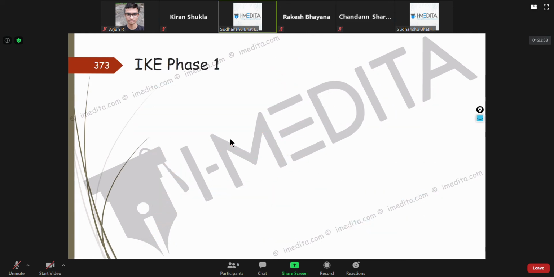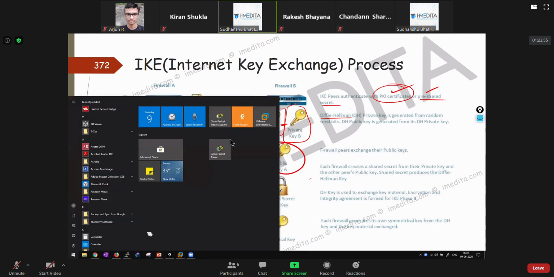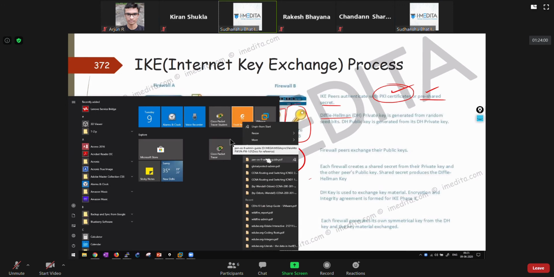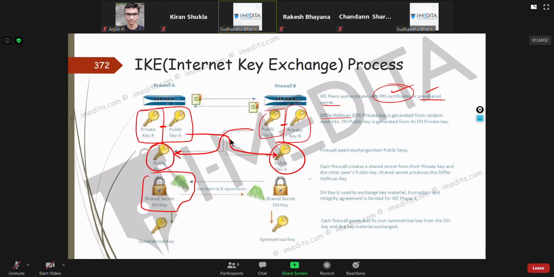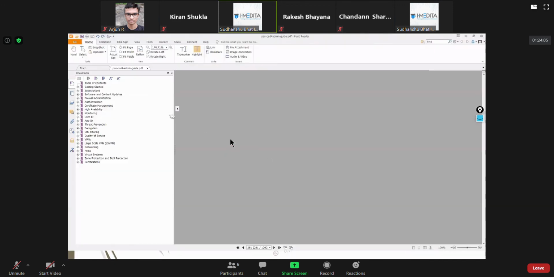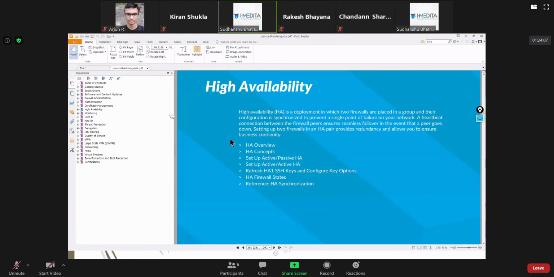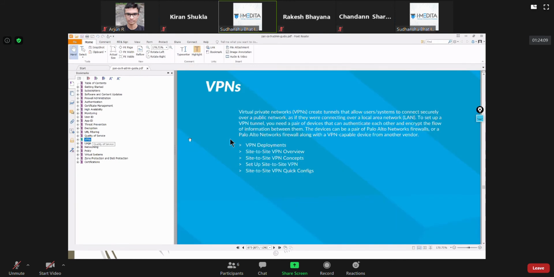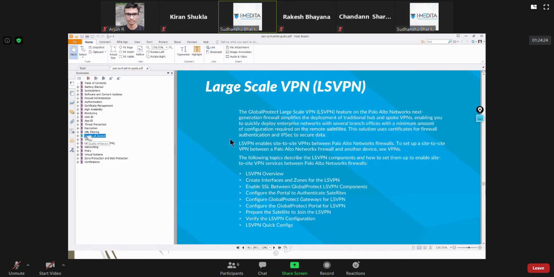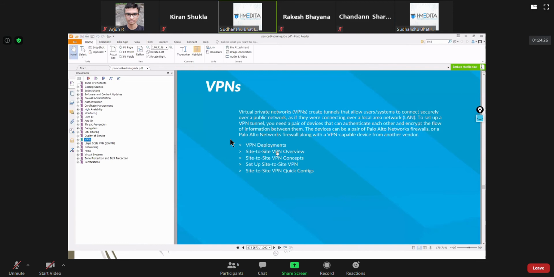Now see here. You can read this again from the PAN-OS admin guide, like I always recommend at the end of class. You can again go to the PAN-OS admin guide, and I'll show you where you can read it in detail. If you go to VPNs, here you can go to site-to-site VPN overview and concepts, and it's again just around 30 pages or so.